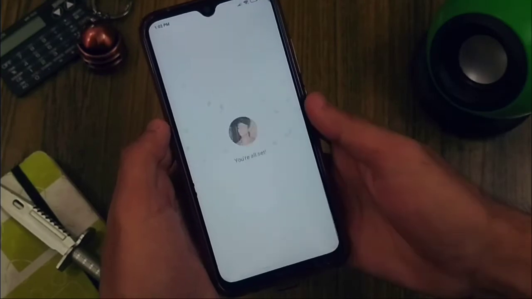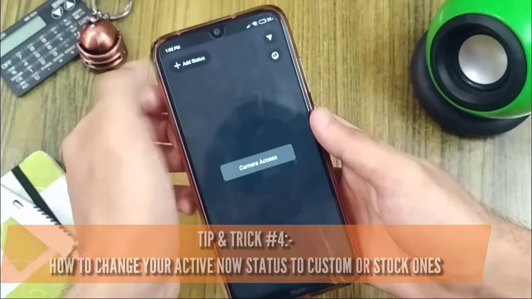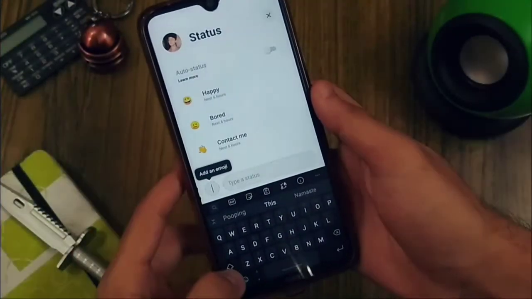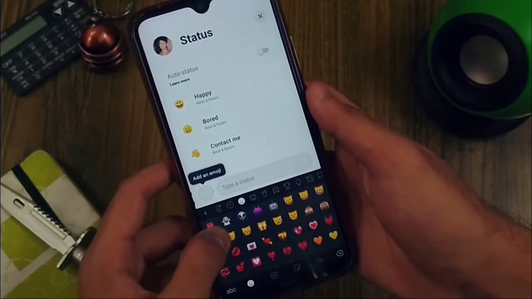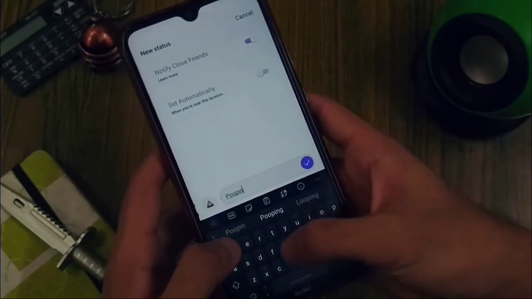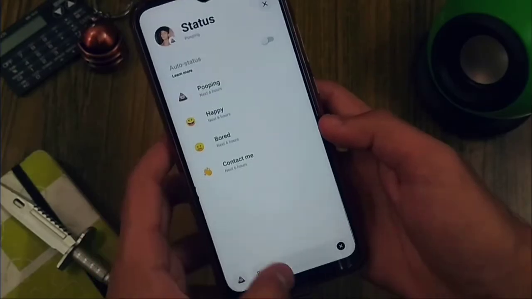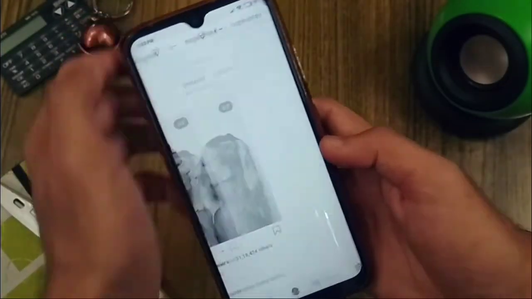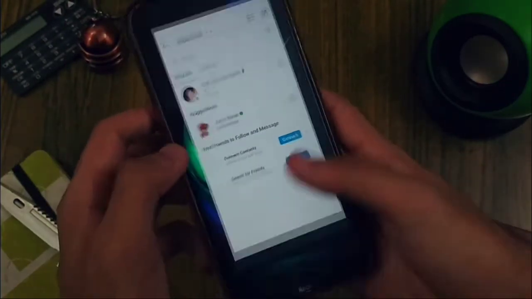For the next step, you have to download the Threads app, which is officially made by Instagram. This app helps you to make your custom status on your Instagram. So for this, you have to open the app, then you have to add an emoji, like I am searching for the emoji. You can either use the stock emojis like happy, bored, driving, or you can make your own custom ones. So I have made a custom one here. This may provide a new look for your Instagram. Before it always used to say active now, but now it's saying pooping.